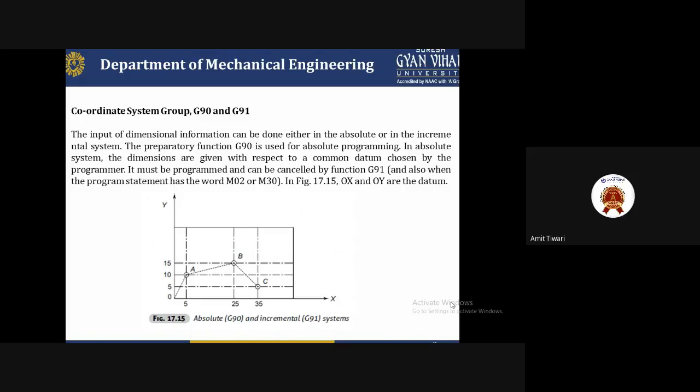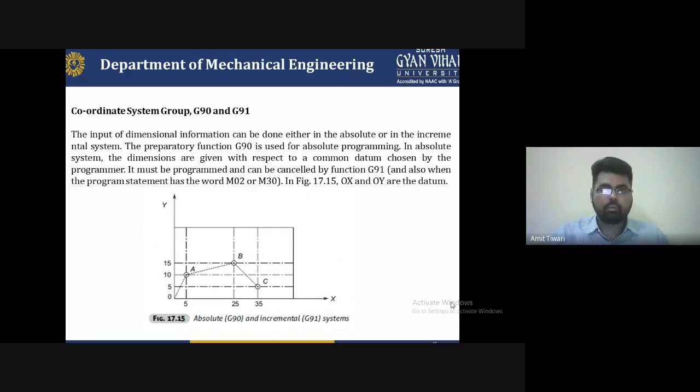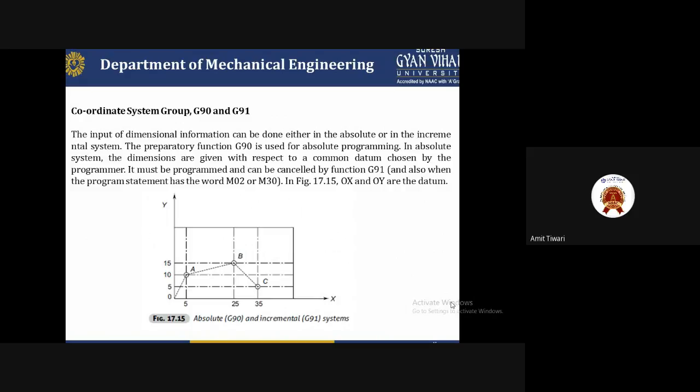So how can we make this type of program? You write G90, which is used for absolute programming here. You have to calculate and measure, making the coding and generating the path where you want to cut the material. For the first point, you have to write 0, comma 10. That indicates 0 from the initial point of the x-axis and 10 for the y-axis. So you make the cut from 0 to 10. That indicates the first point.